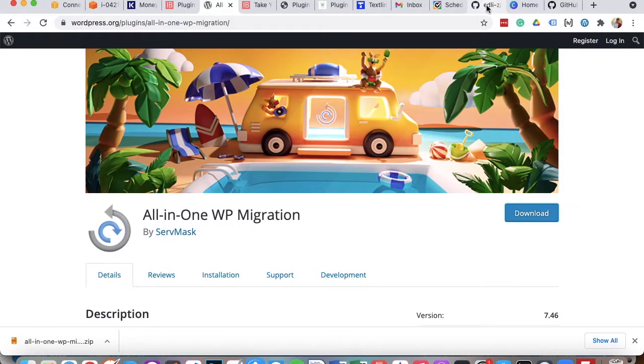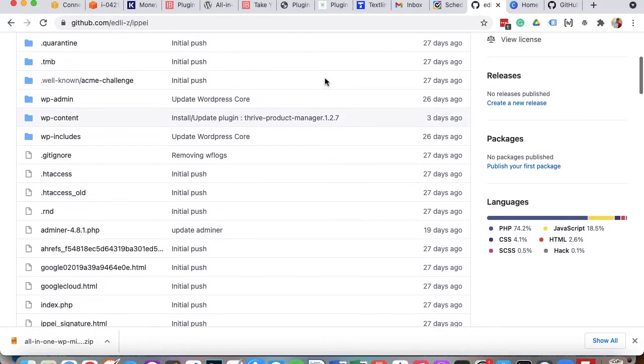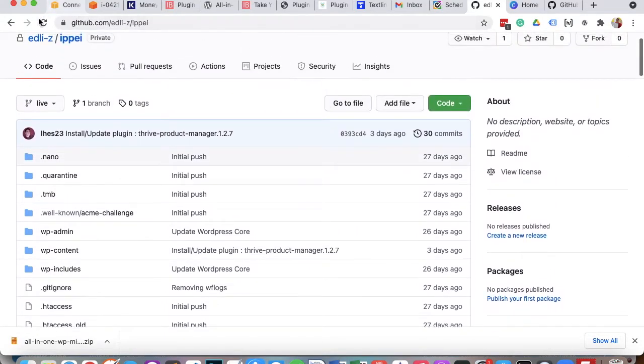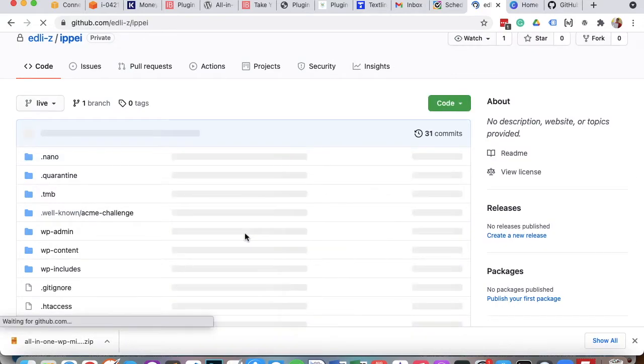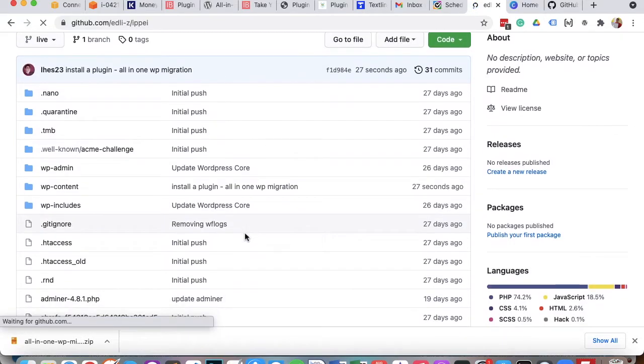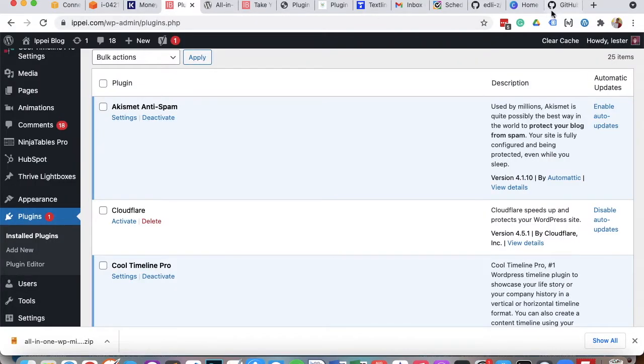So as you can see, I have now installed. We just need to refresh. There, as you can see, there are now changes: install plugin all-in-one WP migration, 27 seconds ago. Okay, to reflect the changes to the website,